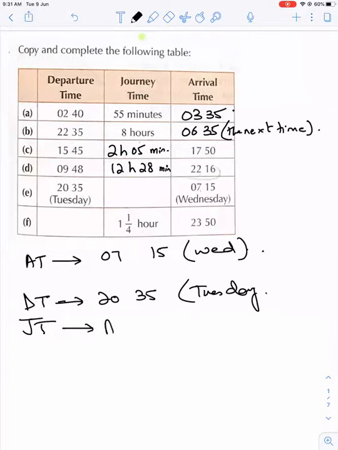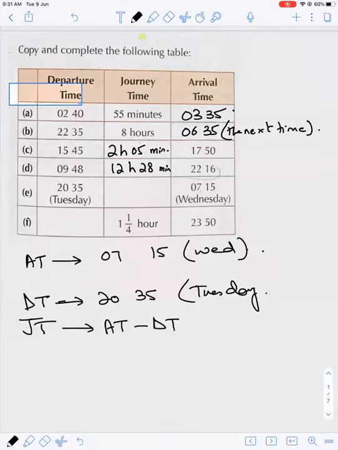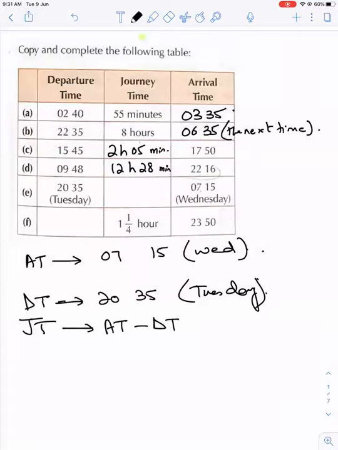The formula for journey time we know is arrival time minus the departure time. Always notice one thing, whenever the arrival is the next day, like in this case, the journey started on Tuesday and it ended on Wednesday. You're supposed to subtract the departure time from the arrival time, and you will get the journey time. You will notice that the hours of the arrival time are smaller compared to the hours of the departure time. Let's see,